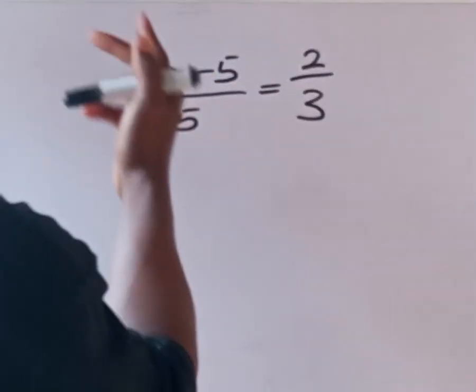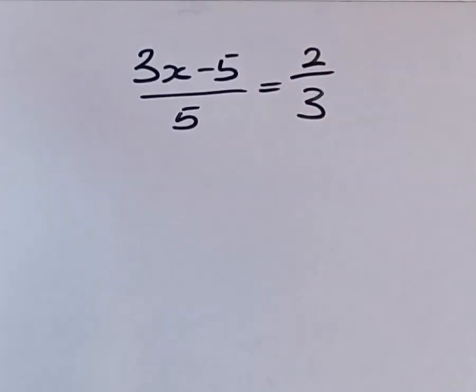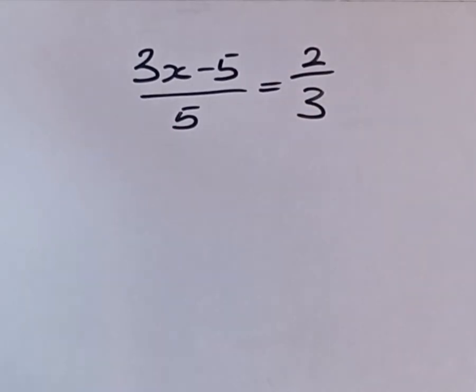(3x - 5)/5 = 2/3. Now, this is a linear equation. I want to teach you how to solve a linear equation. So, when you get to this point, when you have a question like this, all you need to do